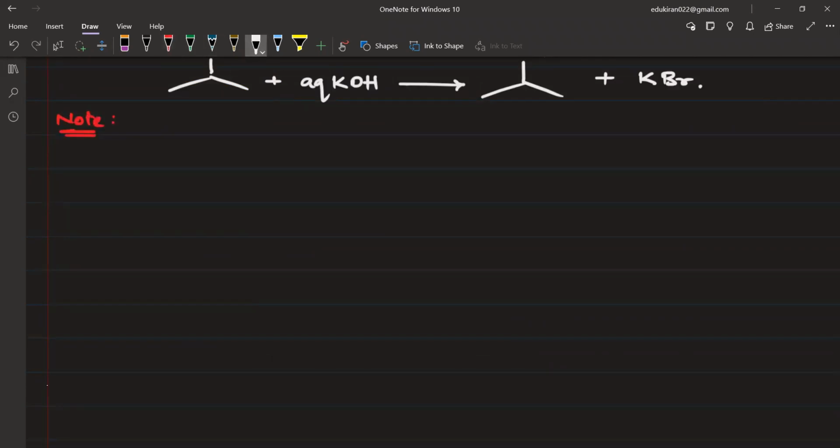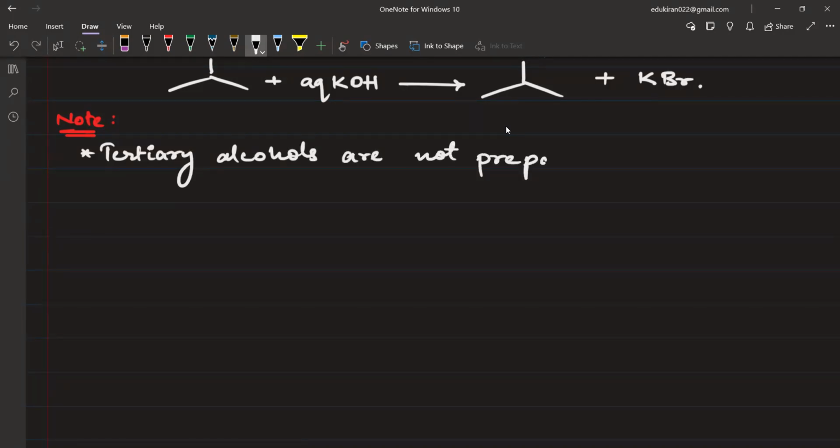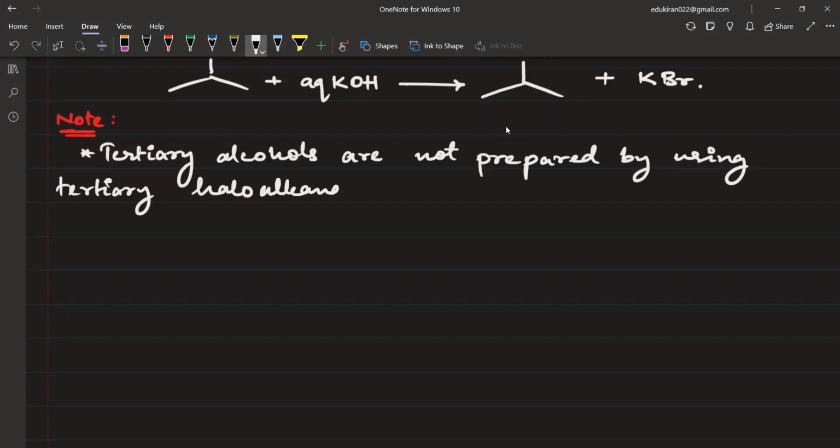Note: please write tertiary alcohols are not prepared by using tertiary haloalkanes, because